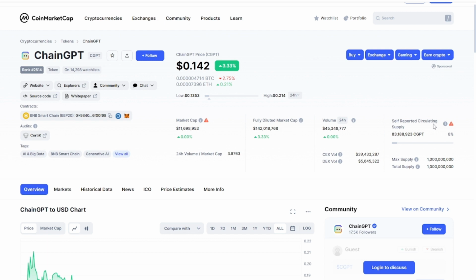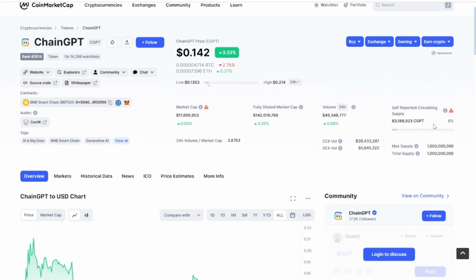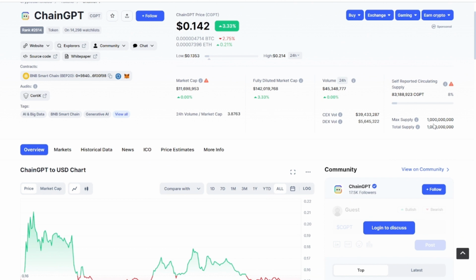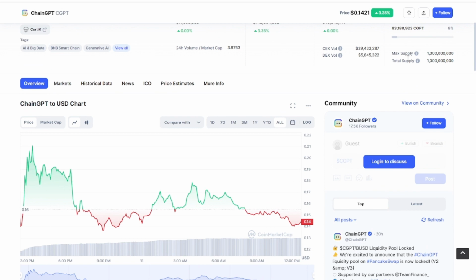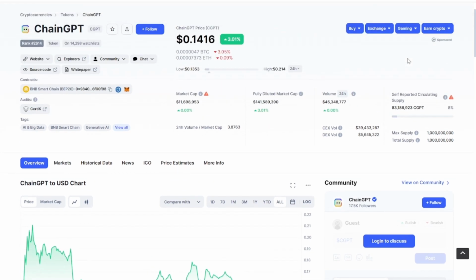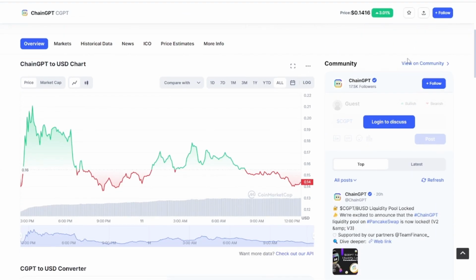So right now there are more tokens for this project to unlock. You have to be careful about this coin, because with this kind of small circulating supply, this coin can move relatively up. When this project starts releasing tokens into the circulating supply of the market, this can affect the project if there is not a lot of demand. So this coin can really make maybe 10x or 5x or 2x in a short time.